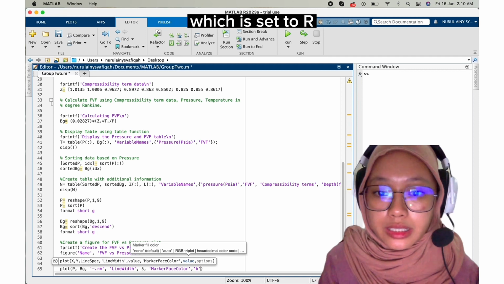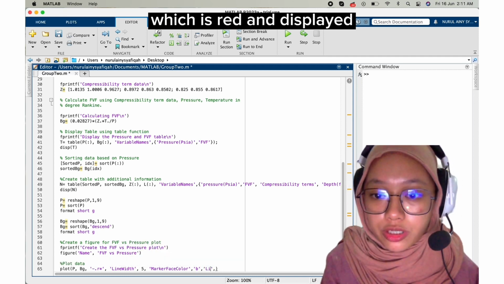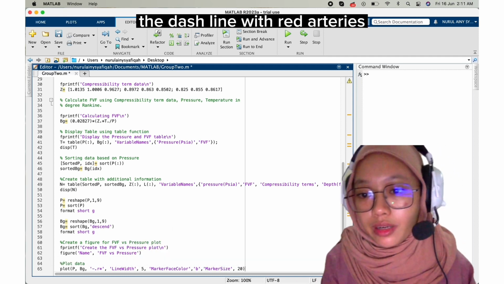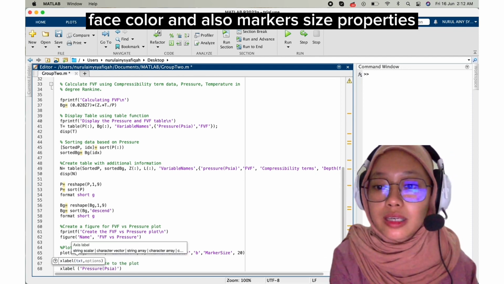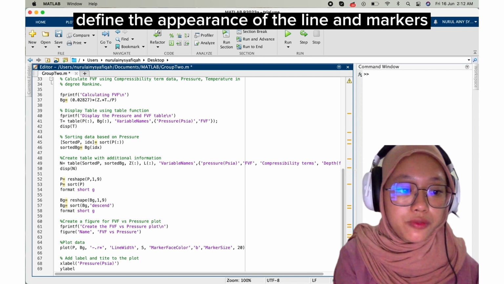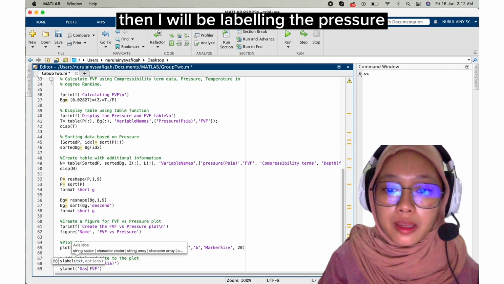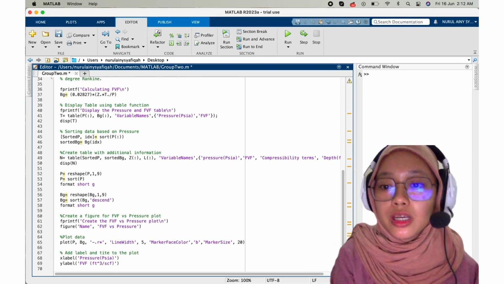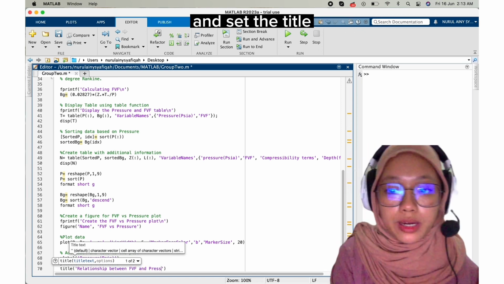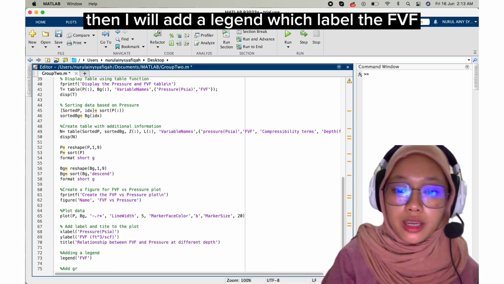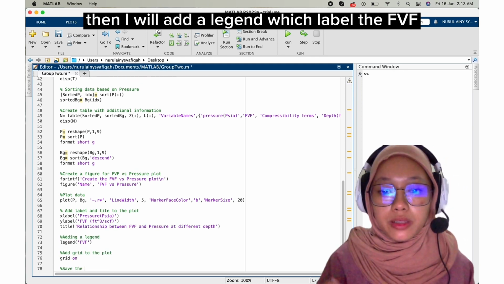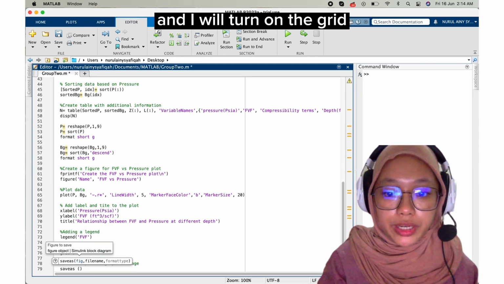using the plot style set to R, which is red, displaying a dashed line with red asterisk markers. The line width, marker face color, and marker size properties define the appearance of the line and markers. Then I will label the pressure on the X and FF on the Y, and set the title for the relationship between gas and FF. Then I will add a legend which labels the FF, turn on the grid,